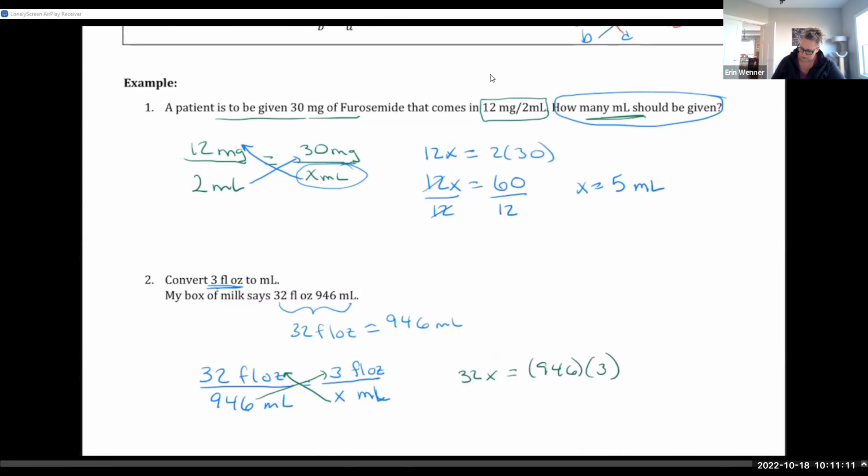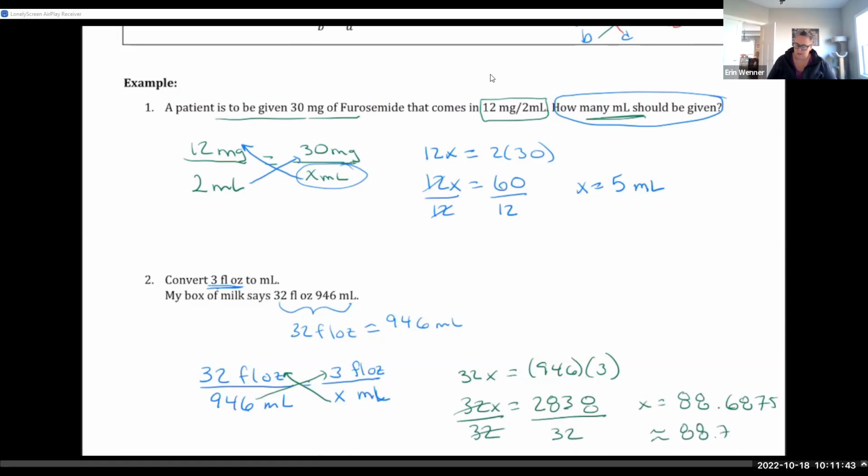So 32x, and if we do 946 times 3, we're going to get 2,838 dividing by 32. And we get 88.6875. So we'll round that to approximately